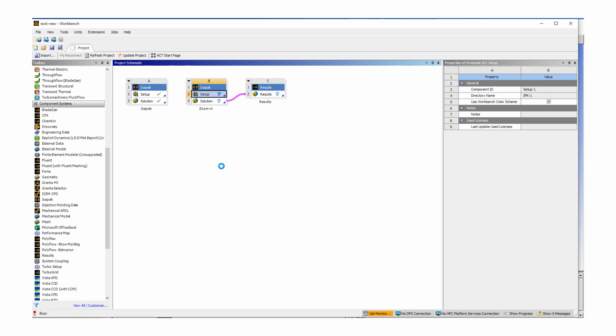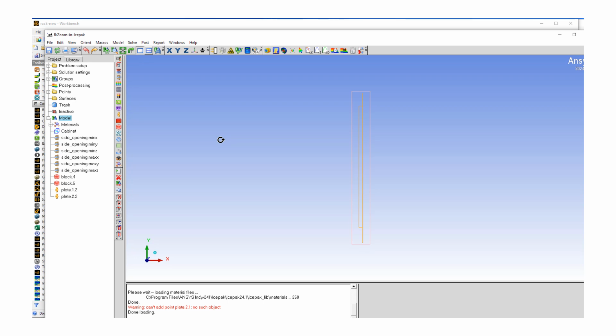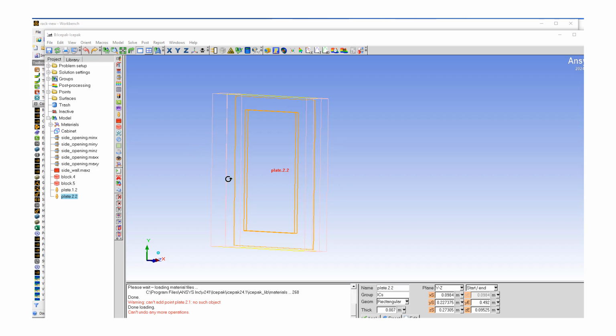And let's hit OK. So now this is going to import and open up a new Icepak model, which you can see is just the submodel that has the two blocks 4, 5 and the plates 1 point. So now let's define our plate